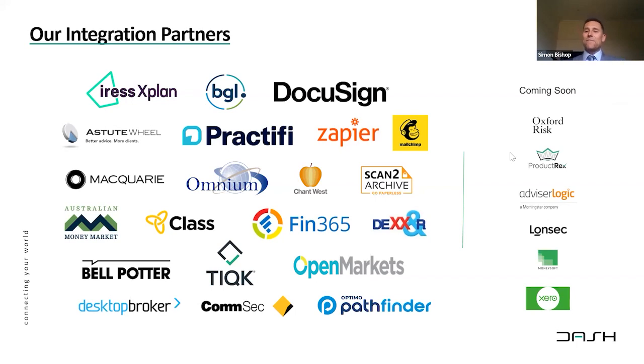And I think MoneySoft is very, very close as well. I think that's what the universe looks like now, but that's only going to grow in the next 12 to 24 months. So let's just be really, really clear about this. This means that if a firm is either already using any one of these providers or intends to use any one,